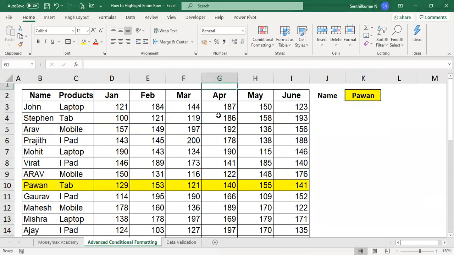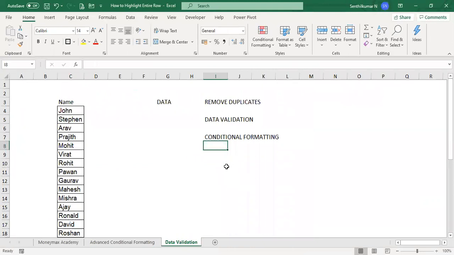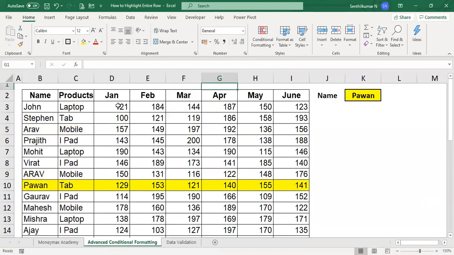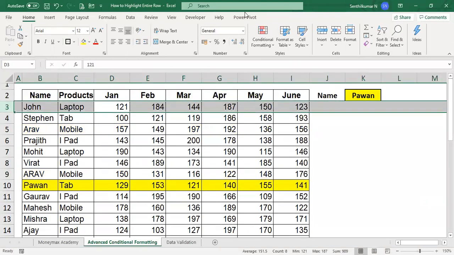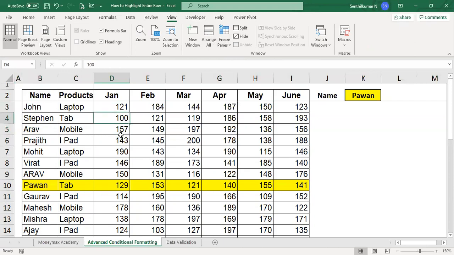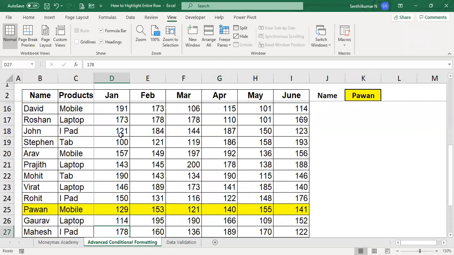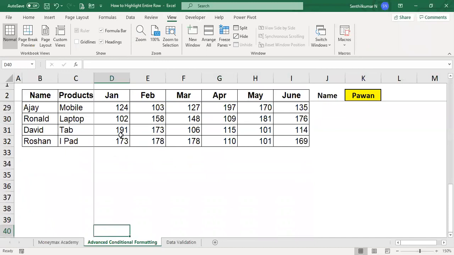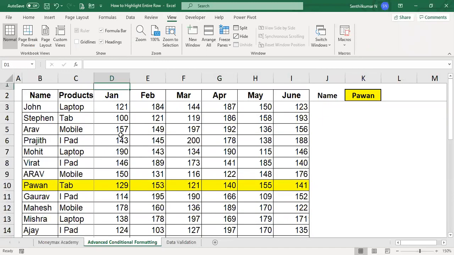So I am giving another option, which I covered in previous videos: Freeze Panes. How to use Freeze Panes? You want to see the data, so you have to select the entire row, go to the View menu, and use Freeze Panes. Now please see how many rows of data are available. You can see it like this. So this is the usage of conditional formatting.